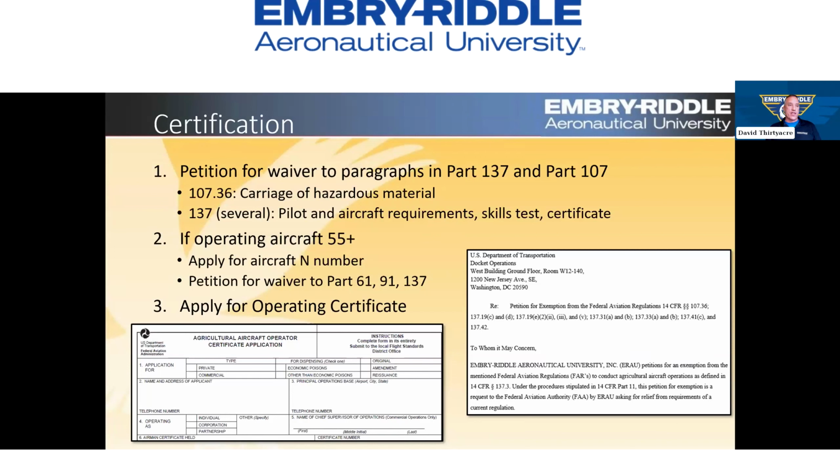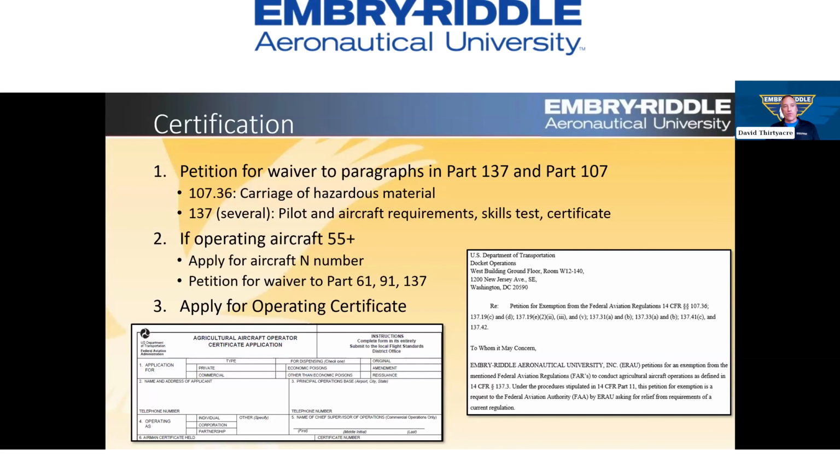The first thing is you have to petition for a waiver to paragraphs in Part 137 and Part 107. There's a bunch of them in 137, and I think only one that I put down there for 107. That's where the whole docket thing comes from: you make a comment to the docket, we'll talk about that in a second. That starts the process, you put your exemption in there, and the FAA will come back and start looking at it. Usually they're actually pretty quick with it now. It's probably going to take maybe a month or two, maybe 3 months, but the timeline has shrunk significantly from the almost year it took us the first time to get that waiver.